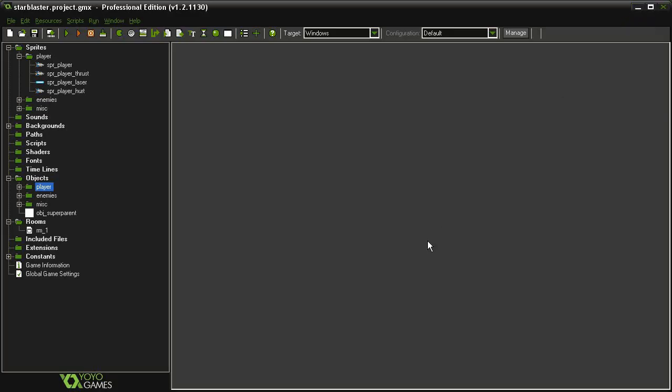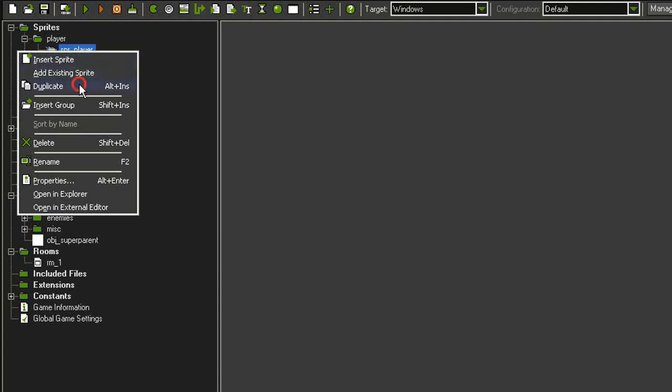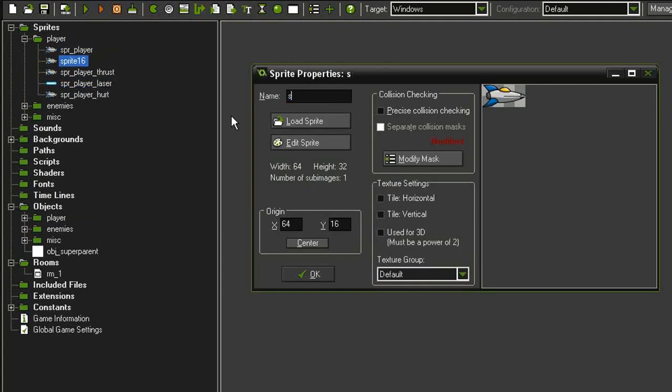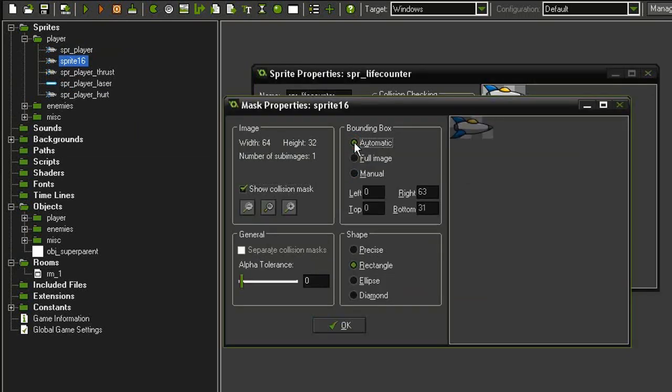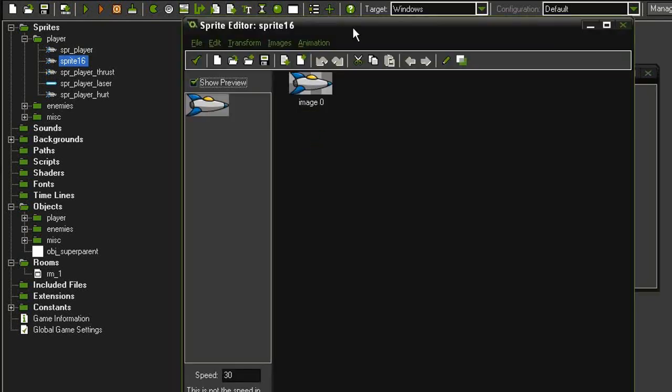We're going to set up a life system similar to how we did in the brick breaking game. So first we need a little tiny life counter sprite that we can use. To do that, I'm just going to come over here to our sprites and duplicate the sprite player, just by right-clicking it and duplicating it. I'm going to call it SPR life counter. I'm going to come to the modify masks and turn it back to automatic as opposed to the manual. I'm going to set the origin point back to 0, 0, and by opening Edit Sprite, I'm